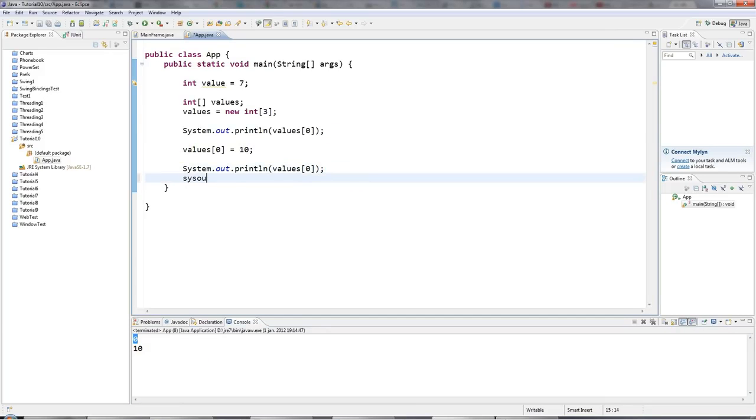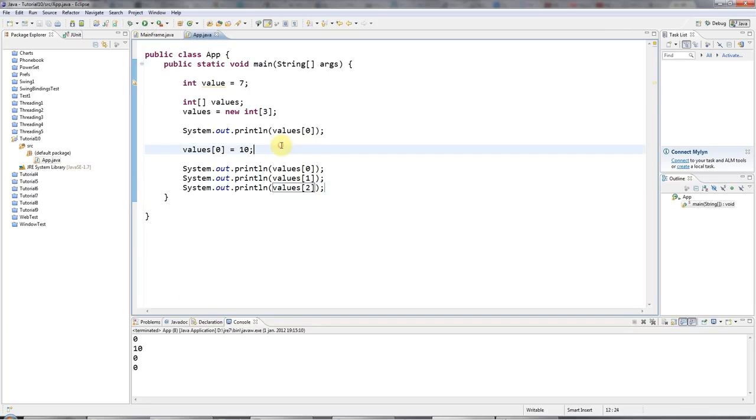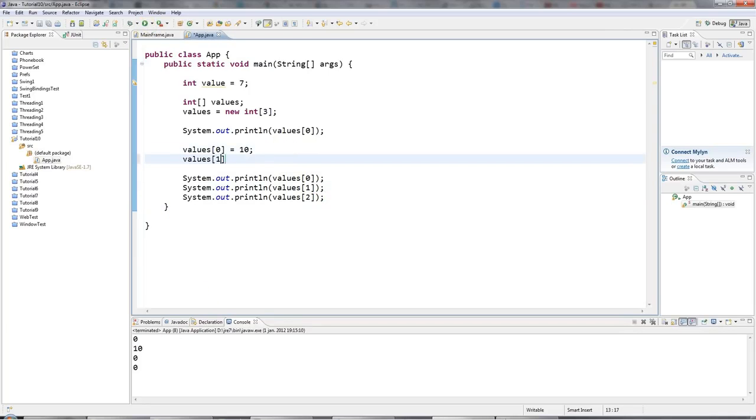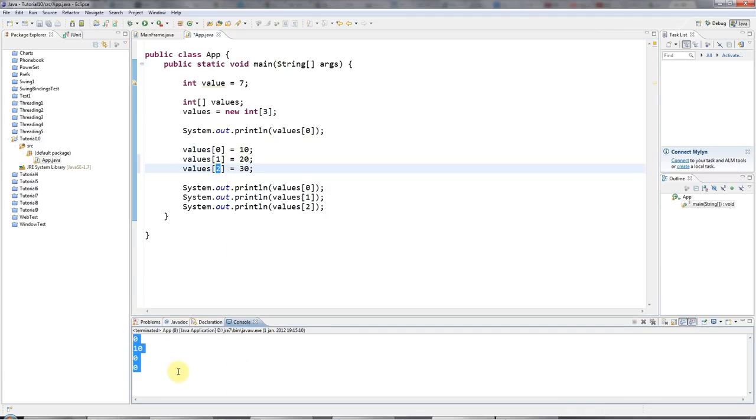And we could print out values 1, and of course the last value is values 2, and these values that I haven't set yet are going to be, of course, 0, but I can set them. I can say values 1 equals, I don't know, 20, values 2 equals 30. And if you try to refer to values 3, your program will crash with a handy exception that will tell you that